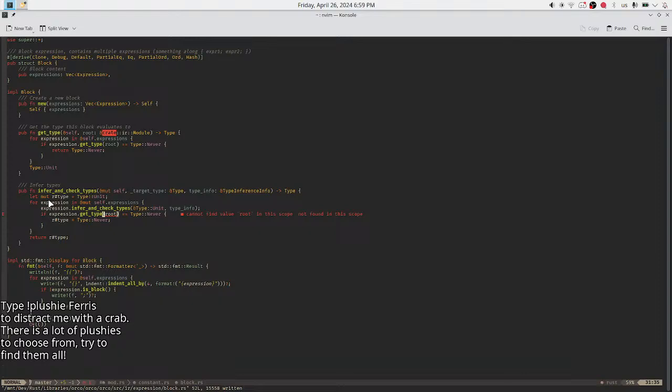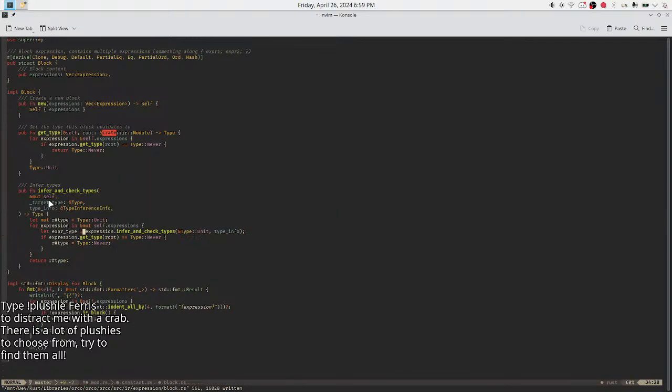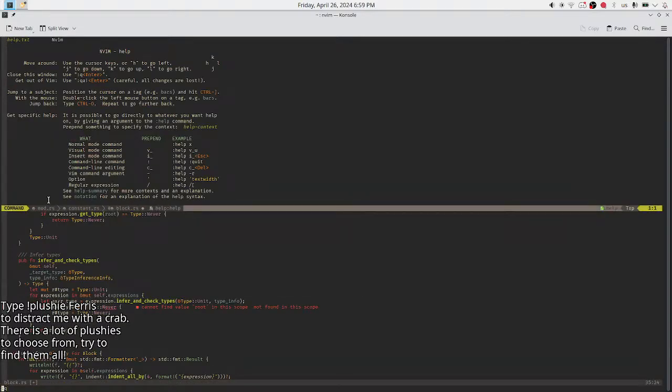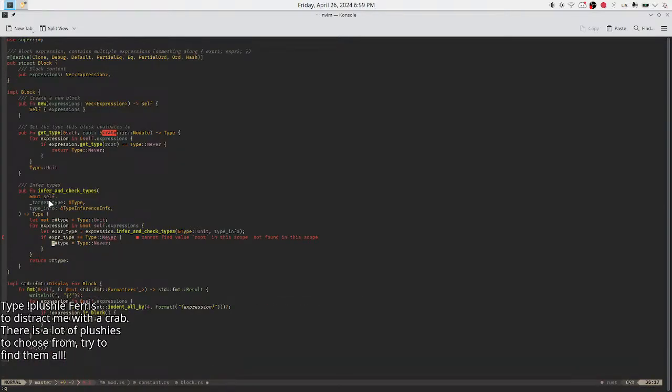And this is gonna be expression type, and if the expression type is never, I set a type as never.